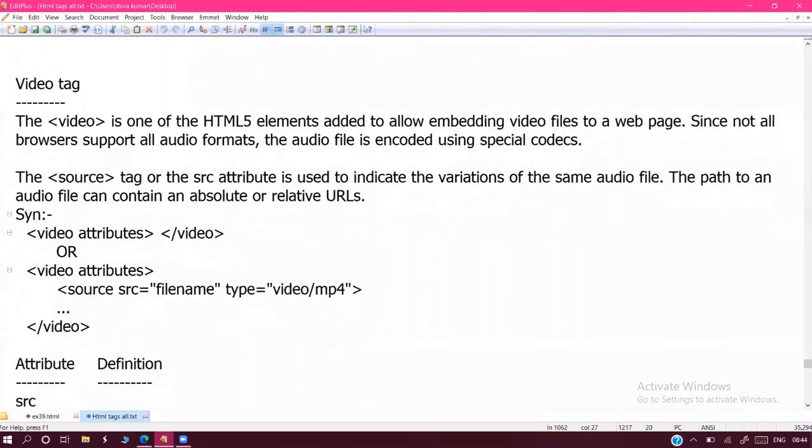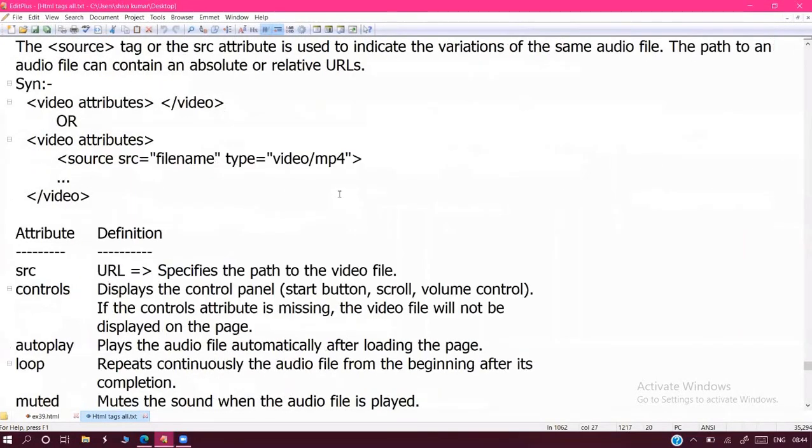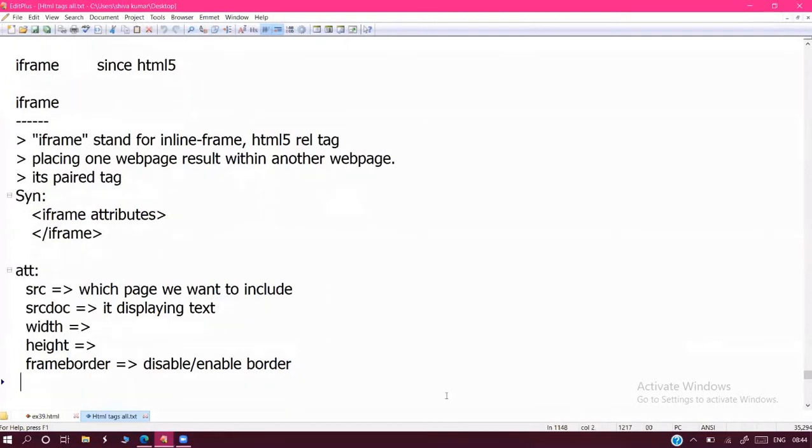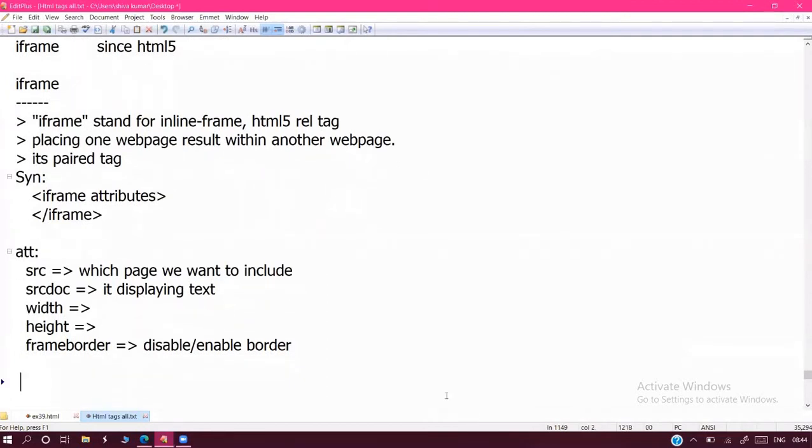Frame normal. So what is the meaning of iframe, sir? Iframe is nothing but a merging of multiple HTML pages and forming them as a single page. We have multiple HTML pages right now. We combine all those multiple HTML pages and display them as a single page. That is called iframe.